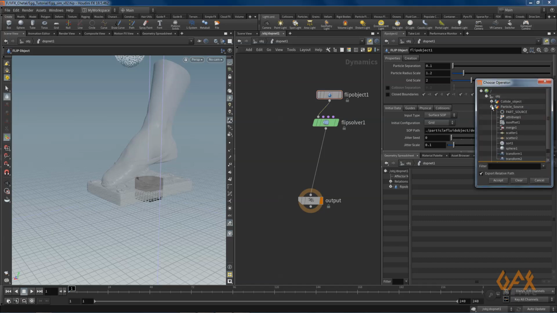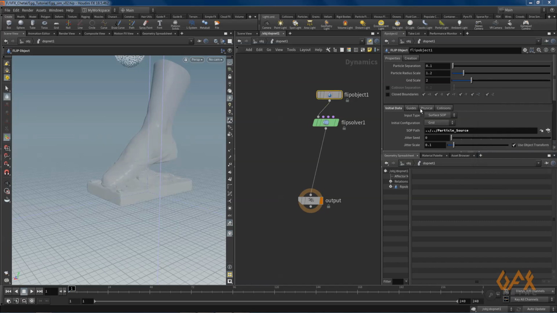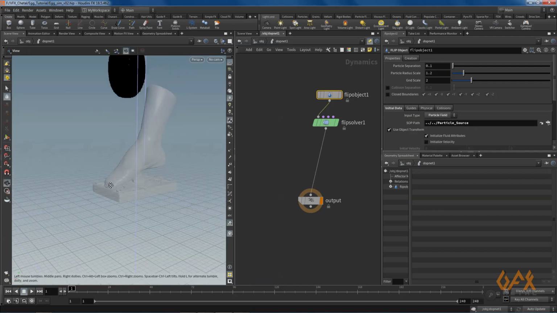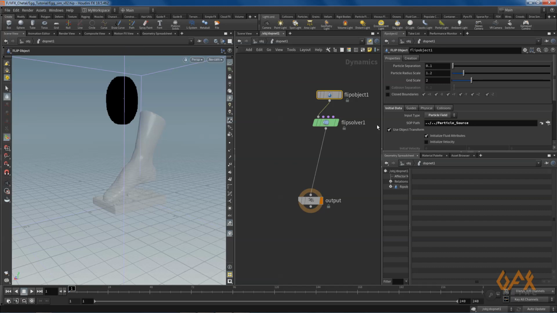So here is my source, that is your particle source, and over here in guidance definitely you need to change input type to particle field, because my input has a point cloud, so I need to generate my particle or fluid from that point.